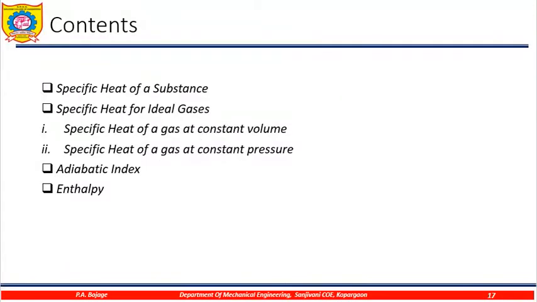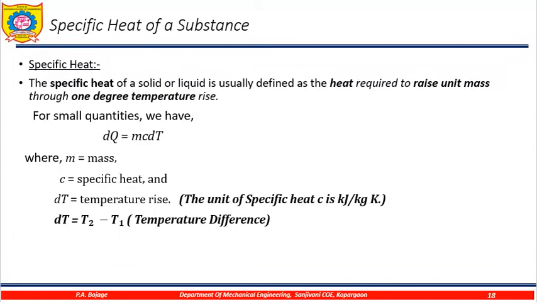So, the contents of this video are: the first is the specific heat of a substance. Next, specific heat of ideal gases. Again, that is divided into two parts, that is specific heat at constant volume and specific heat at constant pressure. Next, we are going to discuss what is an adiabatic index, that is gamma, and what is enthalpy. So, these terms are new to you. So, let us discuss the first parameter,